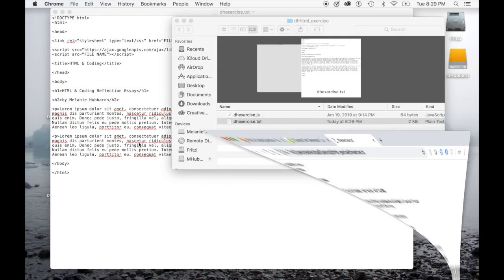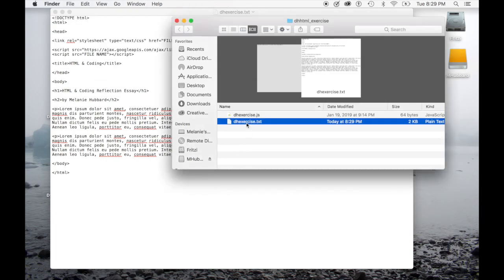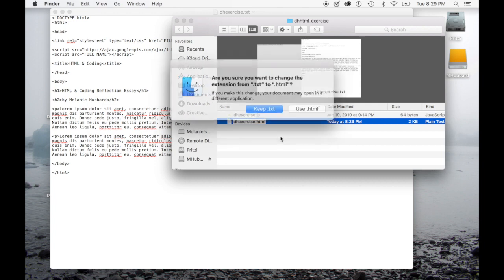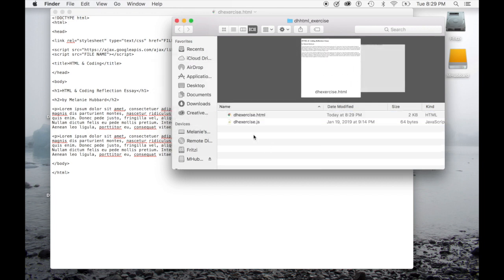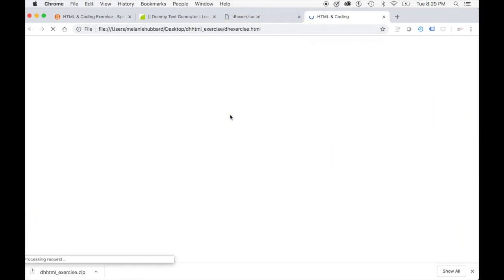So what you need to do is change the file extension from txt to HTML. Just click on the file name, delete the text, and add the new extension. The odds are you will get a pop-up that asks which extension to use. Click HTML. Now when you click on the file to open it, it will open as a web page in